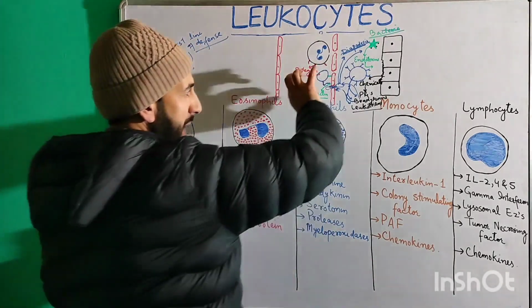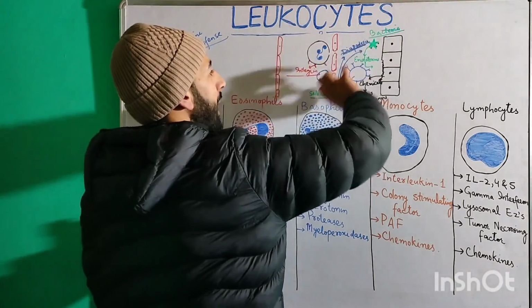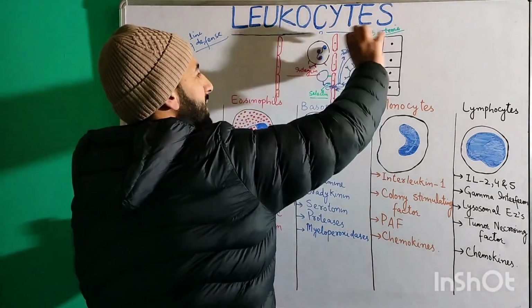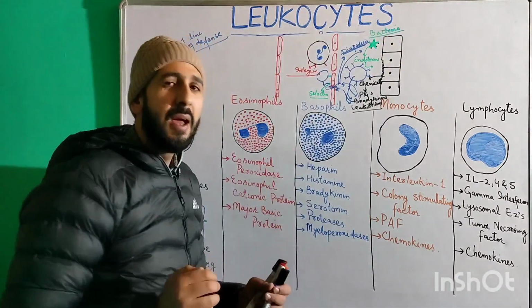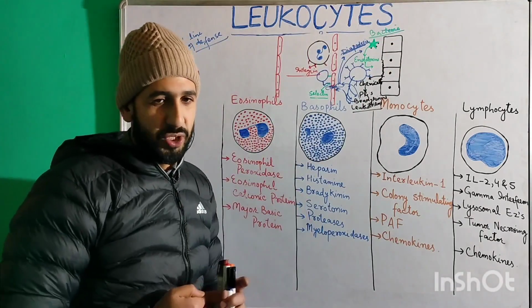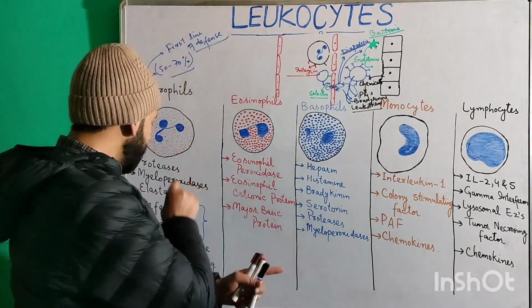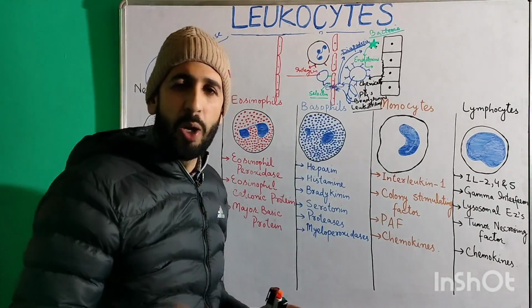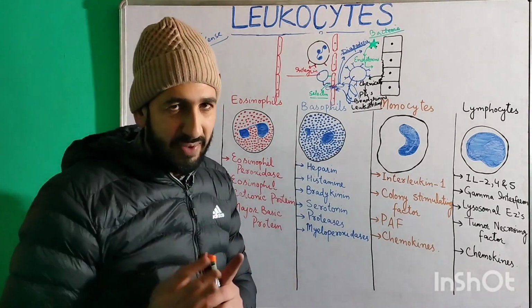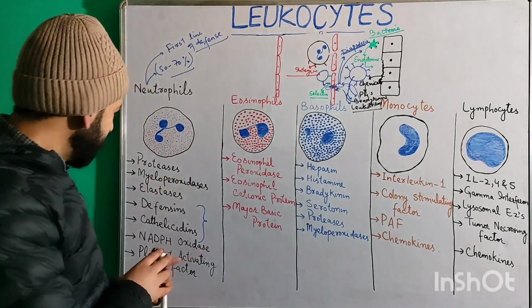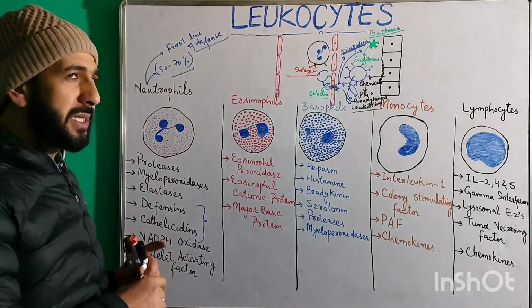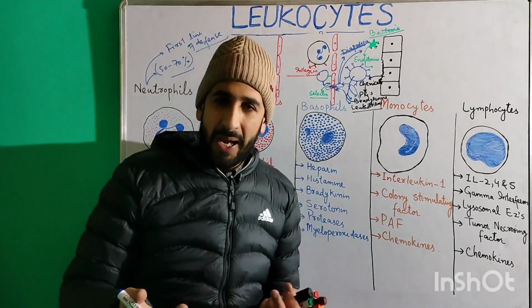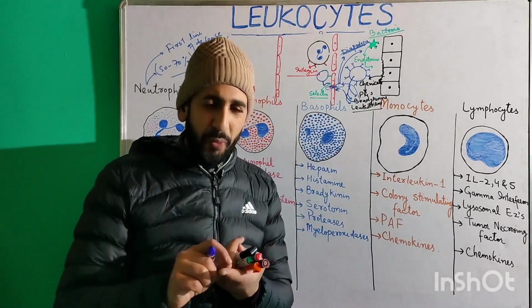That means these neutrophils attract more neutrophils towards the damaged tissue or infected area. After this, these defensins and cathelicidins also have a small role in wound healing, right? So wound healing. After this, NADPH oxidase is another enzyme that these neutrophils secrete,